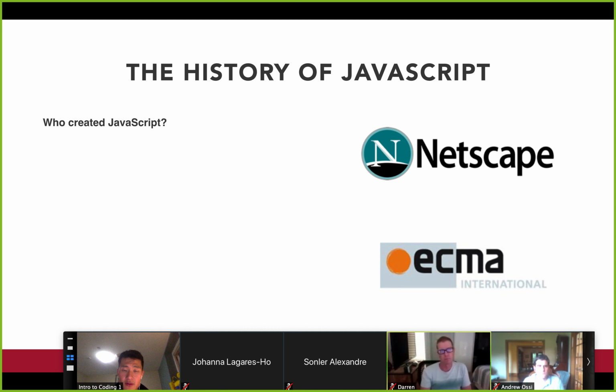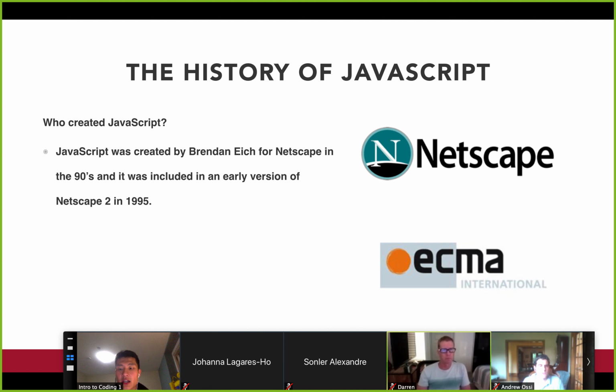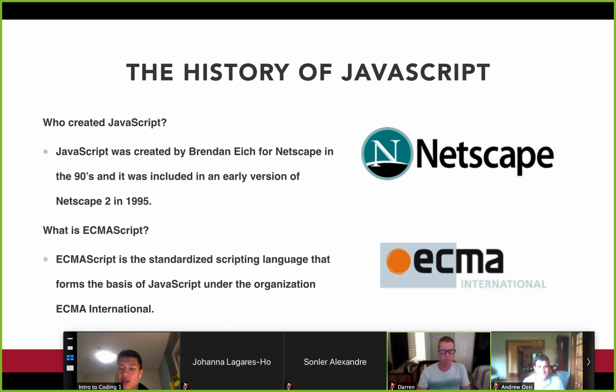So the history of JavaScript, before we dive into the actual technical aspects of it. Who created JavaScript? It was created for Netscape in the 1990s. So it's been around for 20, 30 years, which, in the world of computer programming, is eons. ECMAScript is then,